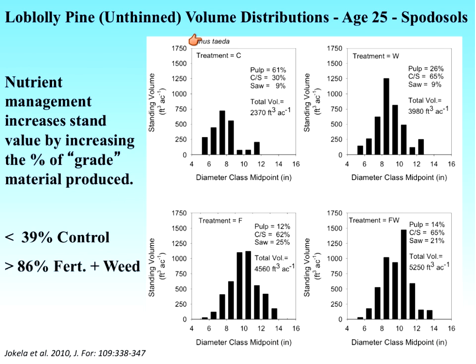So let's look at loblolly pine in this case. This is plotting stand volume against diameter. And it's showing you the total amount of volume produced in that stand at age 25, about 2,370 cubic feet. Of that total volume, we merchandised it by size class, and about 61% of it is in pulpwood, and about 39% of it might fall into what we call grade, chip and saw or saw timber. If we look at the